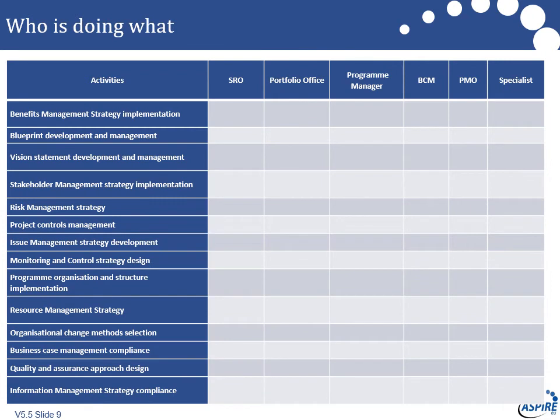So if we look at a governance model that you might be using to set up at the moment, if you look down the left-hand side, there's a load of activities you'd need to do. You need to put in an issue management strategy, a risk management strategy, stakeholder management. You need to build all this. And the core roles that you might be interested in would be the SRO, or the sponsor, the portfolio office overall, the program manager, the BCM, PMO, and any specialists. So when you're actually looking at this matrix, you can apply accountability, responsibility, and all those.